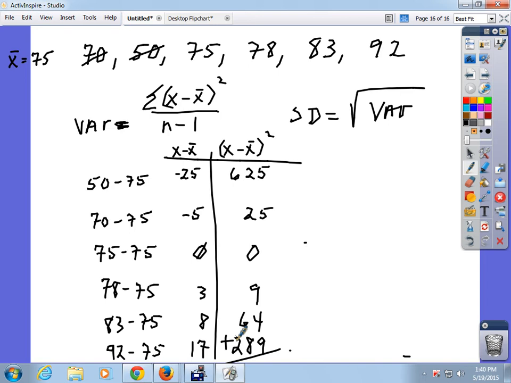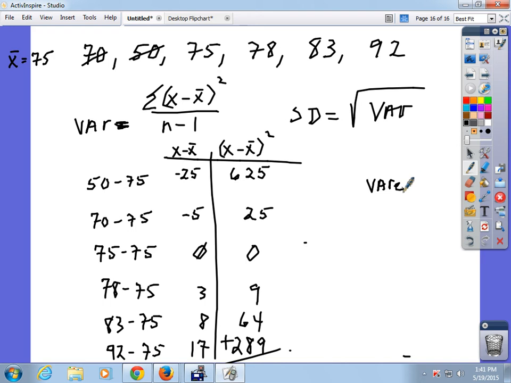625 plus 25 is 650. 650, let's see, that'd be 659. 659, 713, 723, somewhere in there. I'm thinking in my head. It's around 900, it's around 1,000 something. 1,012. So my numerator for my variance